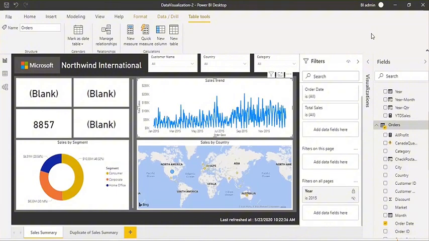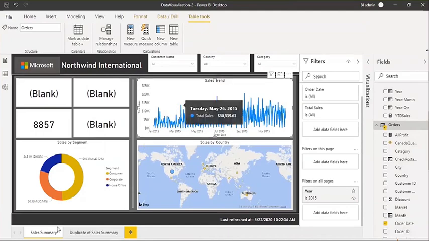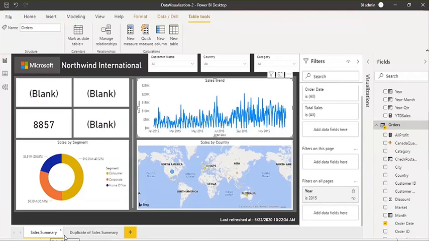This was the filter pane. Here on the filter pane, you have three things: either you can add the columns on any specific visual, on the current page, or on all the pages. This is the first thing. The other thing is, you can hide any filter and you can lock any filter. And when you hide or lock any filter, it means that filter will not be displayed on the Power BI service. Here it will be displayed in Power BI Desktop, but once the report is deployed on the Power BI service, then you won't be able to see it.